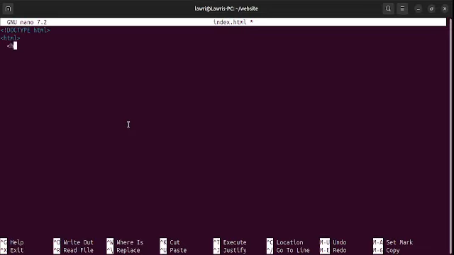So we're just going to type head. We're just going to give it a little header, and I think I'm typing all the indentations wrong. Then I'm going to give it some title, and we're actually going to put welcome to, what should we call this website? Let's just call it my Apache